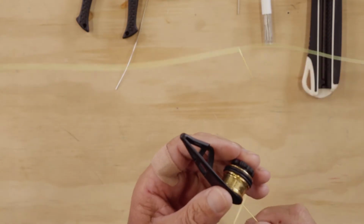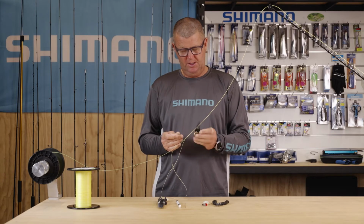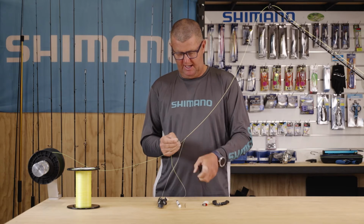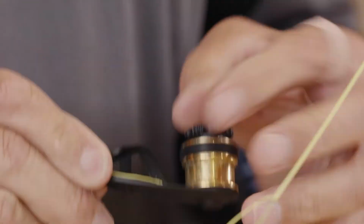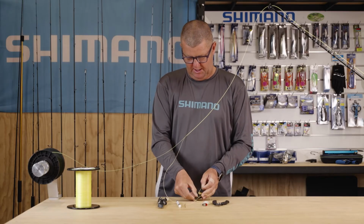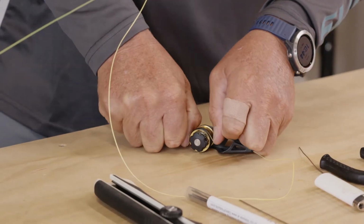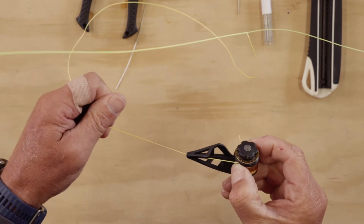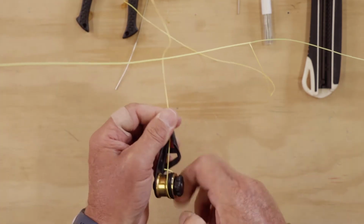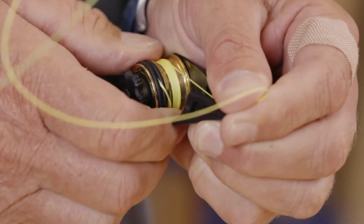It makes a really nice job and gets it up nice and tight, and actually makes it almost bite into the mono, making for a very secure connection. So we just thread the tag end of the Power Pro hollow ace into the bobbin. The great thing about this, the Shimano PR bobbin, is it has the O-rings which grip onto the line, and it has a drag setting on the side of it, so you can control how much pressure you're putting on the bobbin to ensure that you get the tightest whipping that you